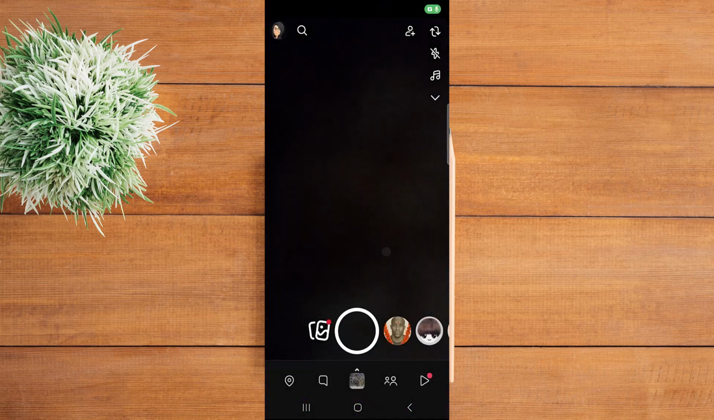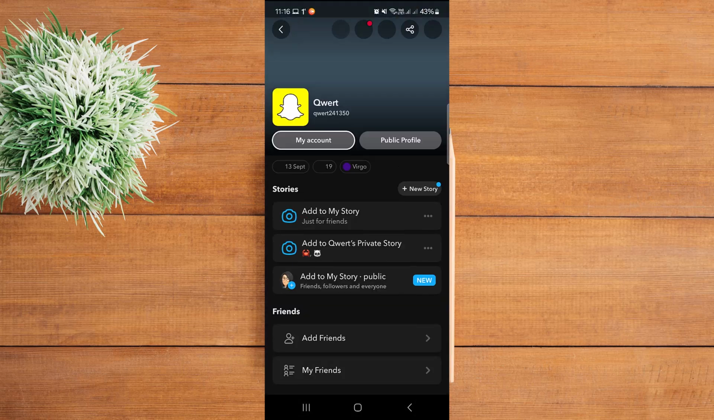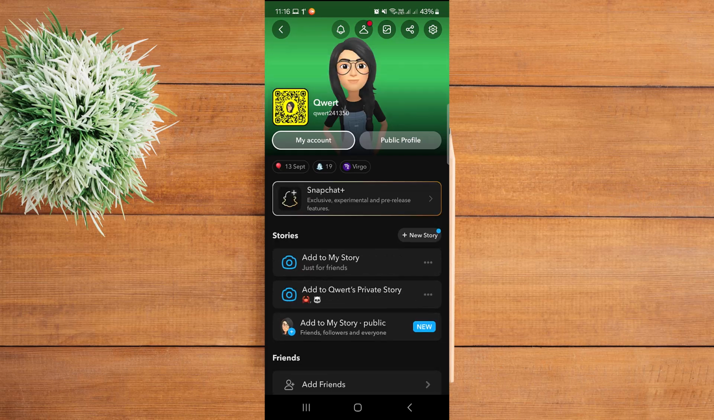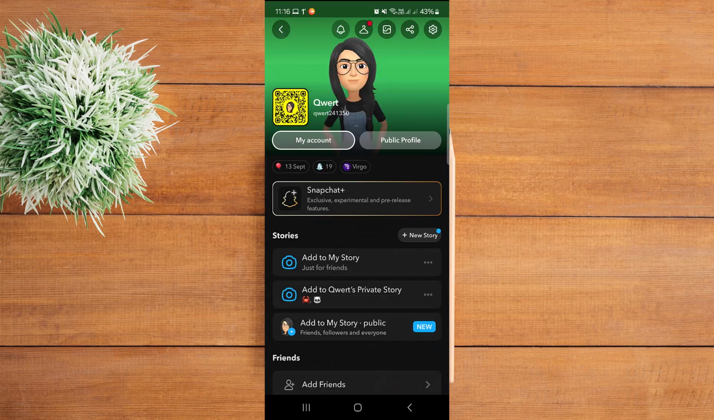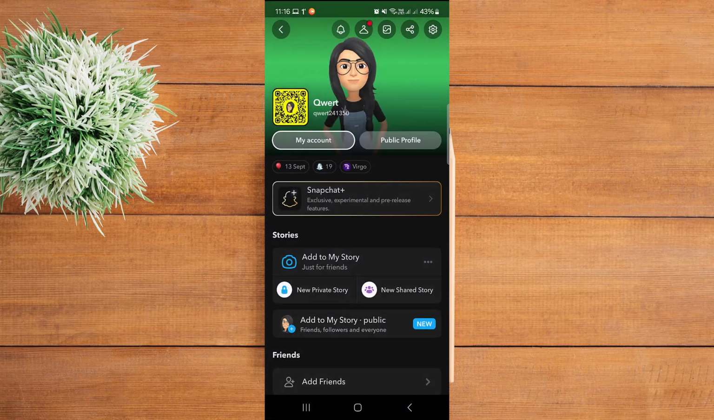Once you are there, just tap on your Bitmoji on the top left, and here you will find the option of story. And here go to add to my story. And it is said that just for friends, and there is another option, add to private story, and here it is created. And if you want to add or delete this private story, or just delete it, and here you